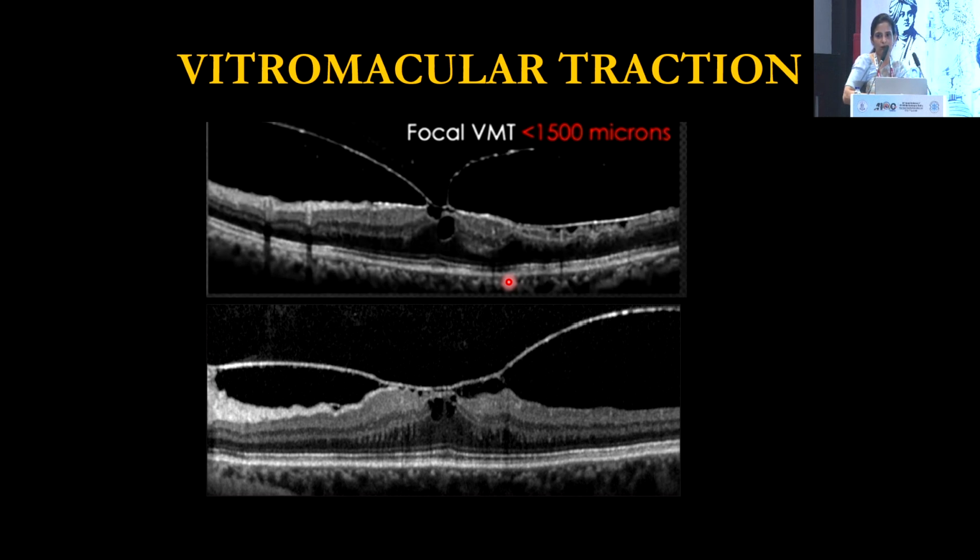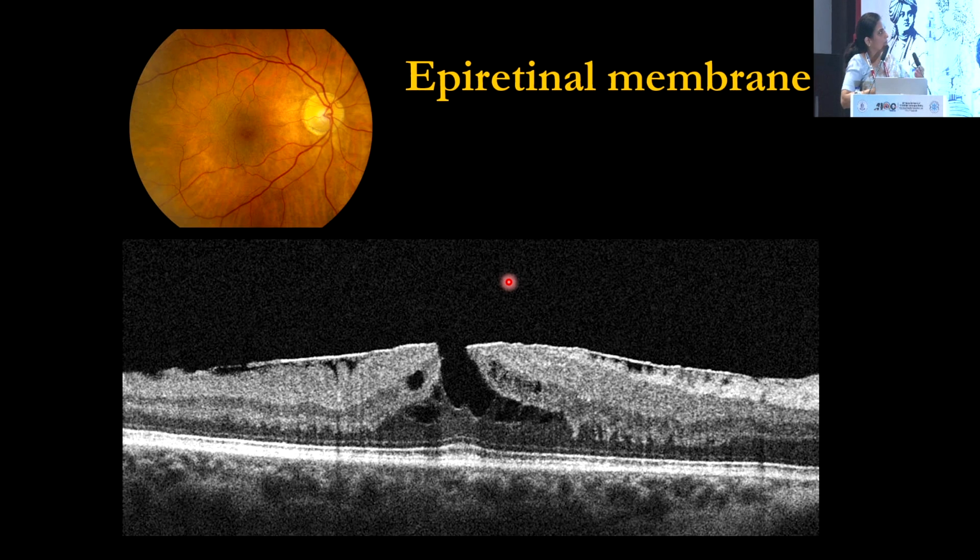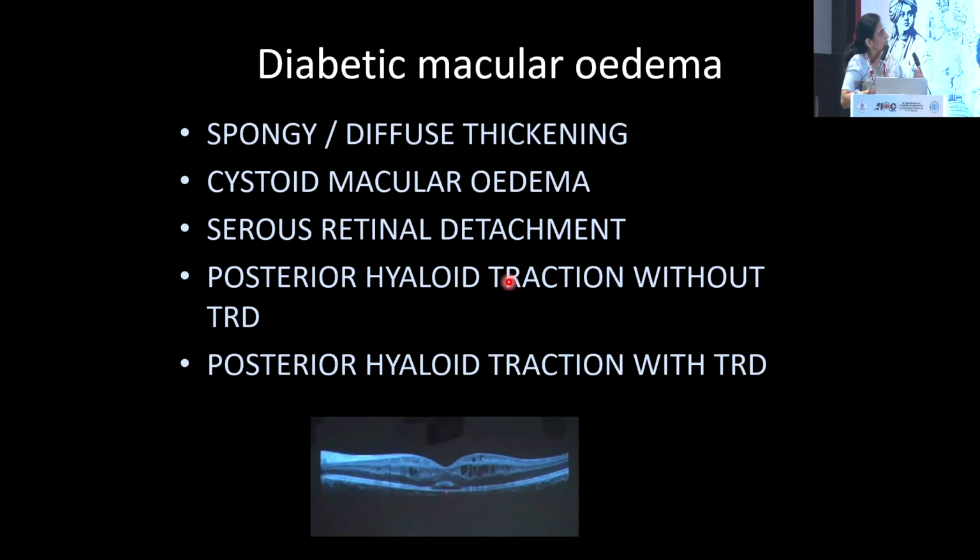So for any patient with cataract, it's always well worth doing an OCT, and many times you'll be picking up epiretinal membranes and vitreomacular traction, so that you can tell the patient beforehand that you may not get very good vision, or you may not get optimum vision, since you have this condition. Again, epiretinal membranes, through a cataract, this kind of a fundus image may look absolutely normal, but when you do an OCT, this is what you see. Diabetic macular edema has different types described.